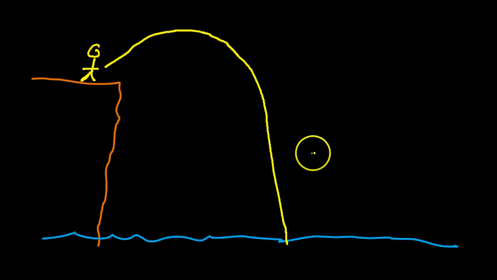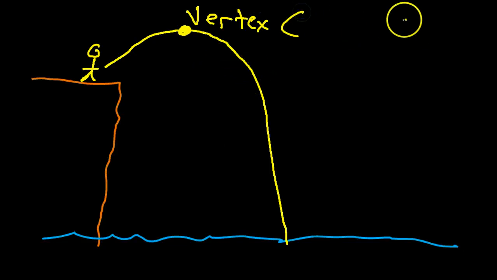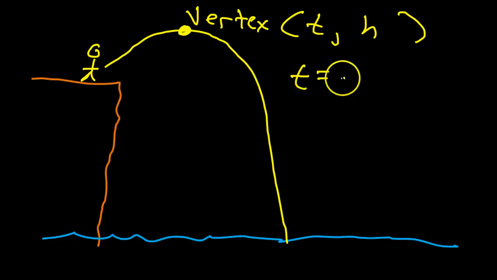At this moment they are asking us for the maximum height, also known as the vertex. Remember, this is going to be time and height, so the y value is going to be the height that we need. So let's find the vertex. First we have to find the x value of the vertex, or the t value in this case. And that t value of the vertex